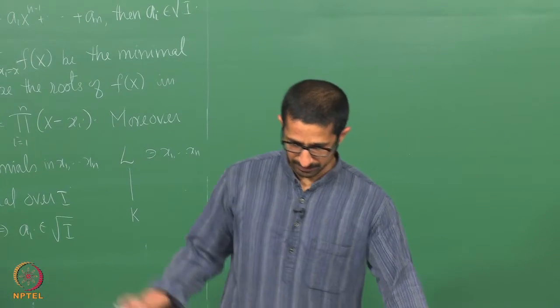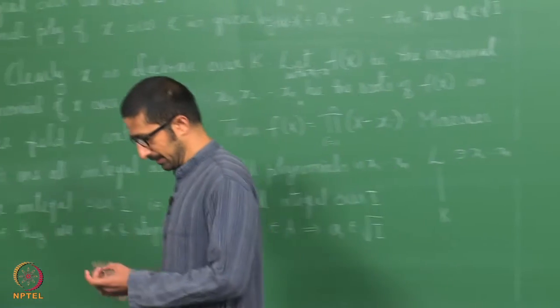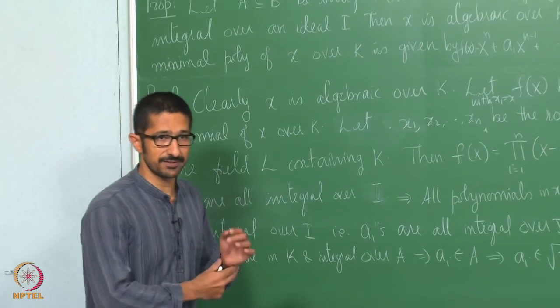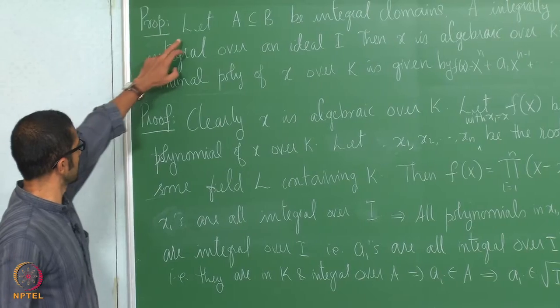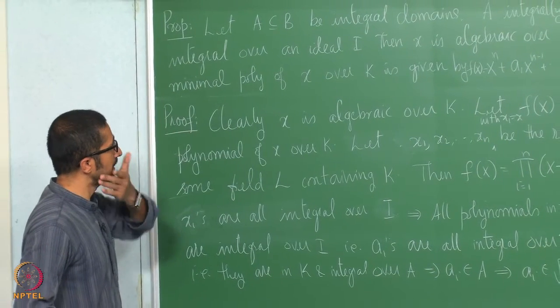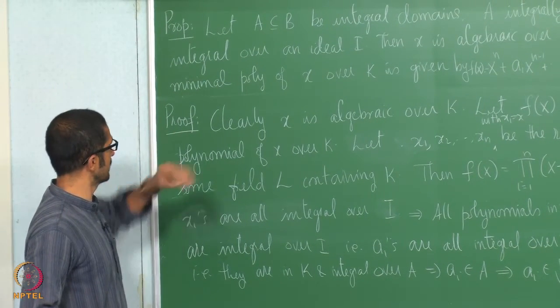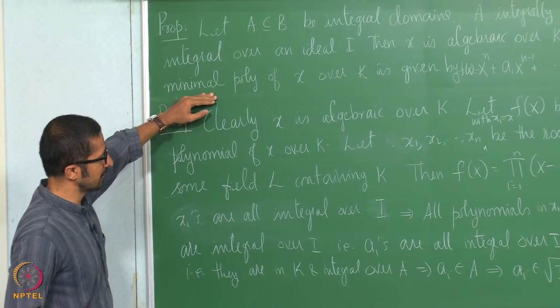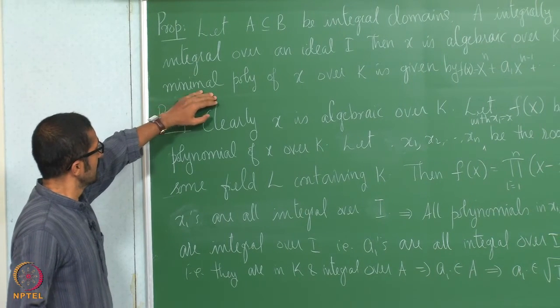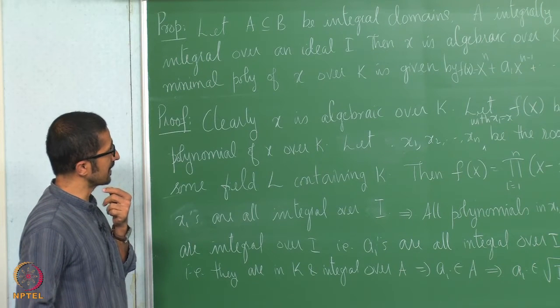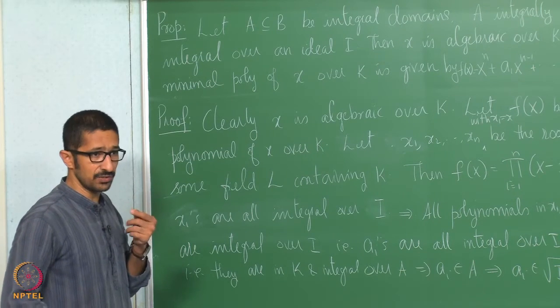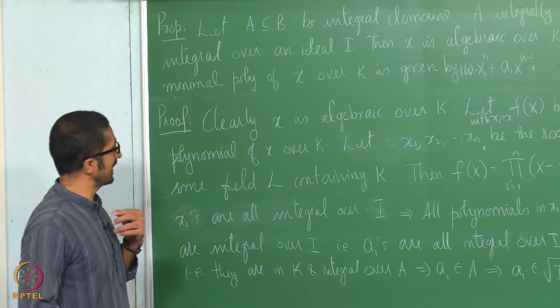So, we will quickly complete the proposition that was left over from the last class. So, this is the proposition that we looked at the end of the last class. If A contained in B are integral domains and A is integrally closed, suppose we have an element x